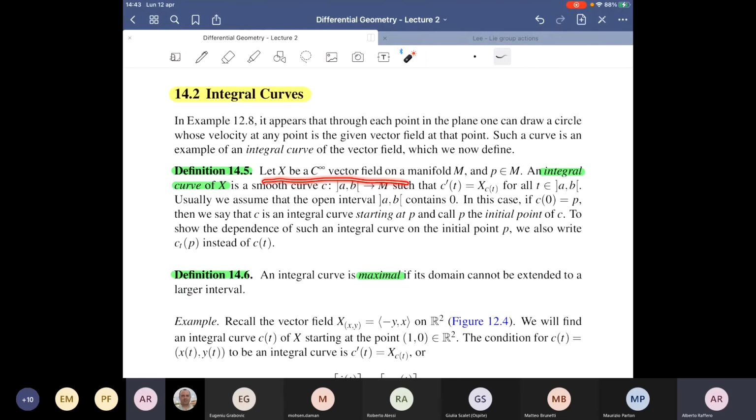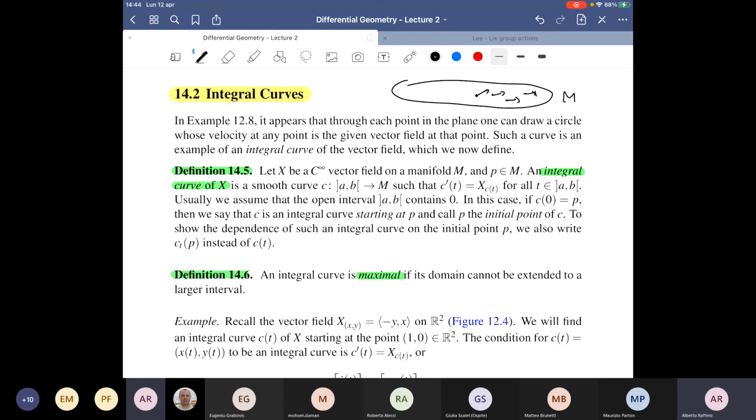So we have a smooth vector field on a manifold. The picture you might want to have in mind is this: you have the manifold here, and at each point you have a tangent vector to the manifold at that point. So you have this family that depends smoothly on the point you are considering. And the question you ask is whether there exists a curve on the manifold whose tangent vector at each time is precisely the value that this vector field takes at that point.